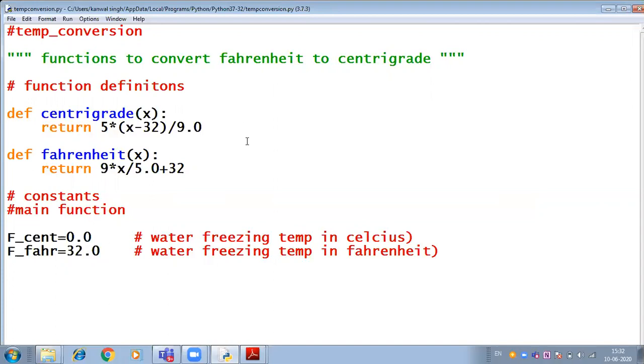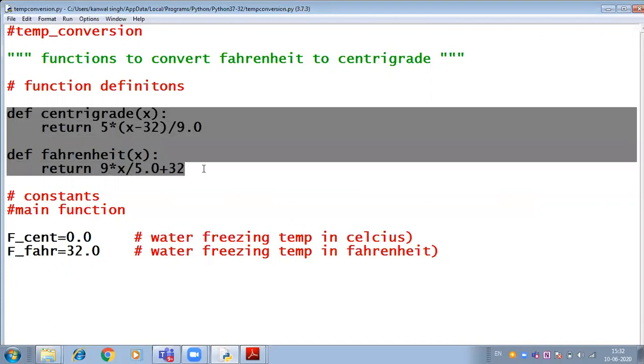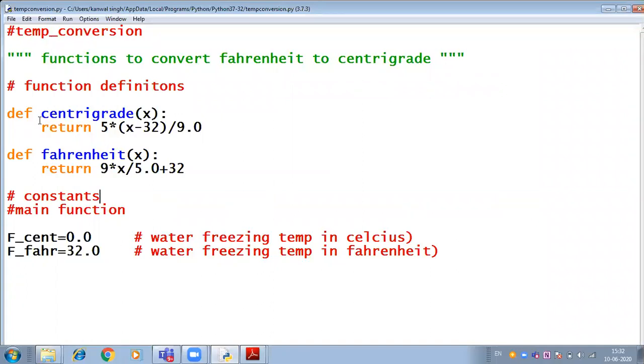And as I told you, inside a single module we can keep as many functions as we want. So it contains two user defined functions. The first one is centigrade, and it is taking one argument also.